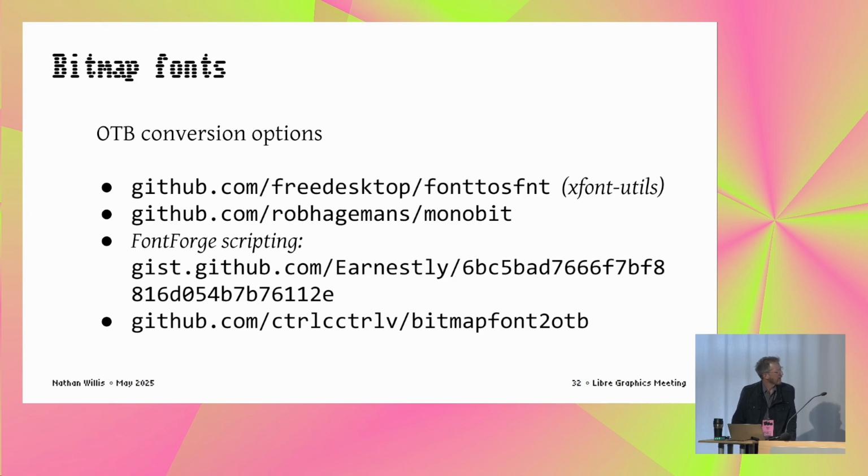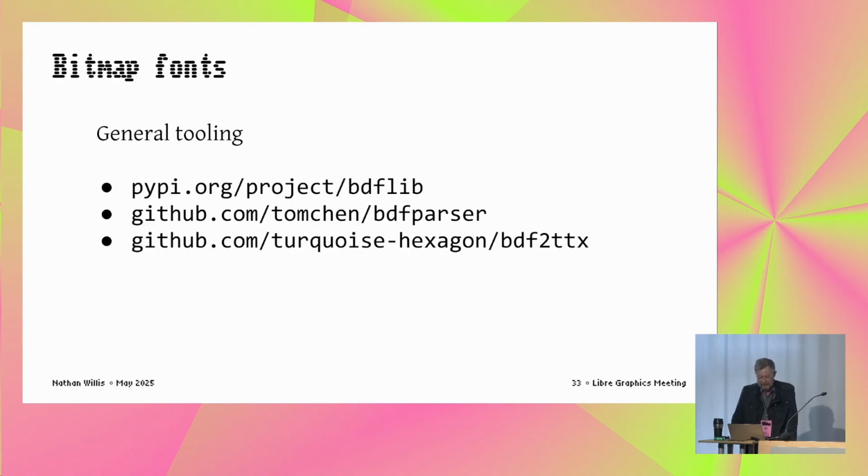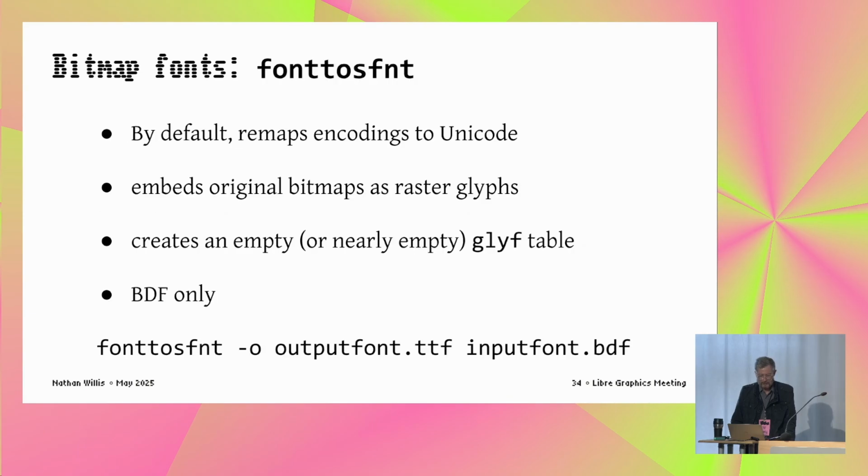And the last one there is interesting. That's from Frederick Brennan, who was a FontForge contributor for a long time. And it does something the others don't, which is try and do the bitmap thing and also give you a vector version. There's some general tooling to be aware of. There are two parsers. The first two there, BDFlib is more robust, I think, but if you're parsing and having trouble, checking different parsers is nice. TTX option, fontTools itself will round trip the tables it doesn't handle, so it's not strictly necessary, but it might be easier for you.